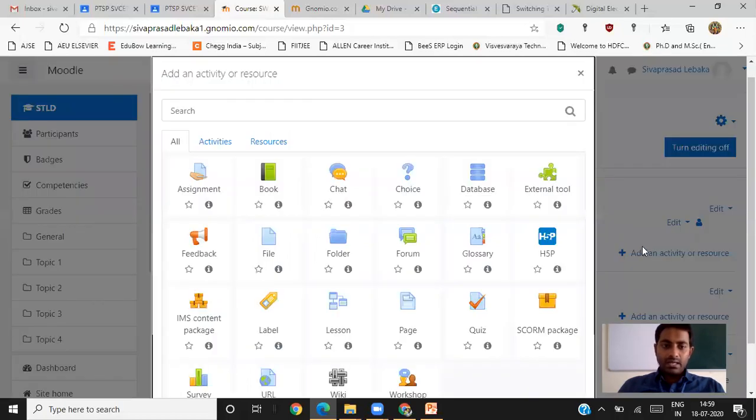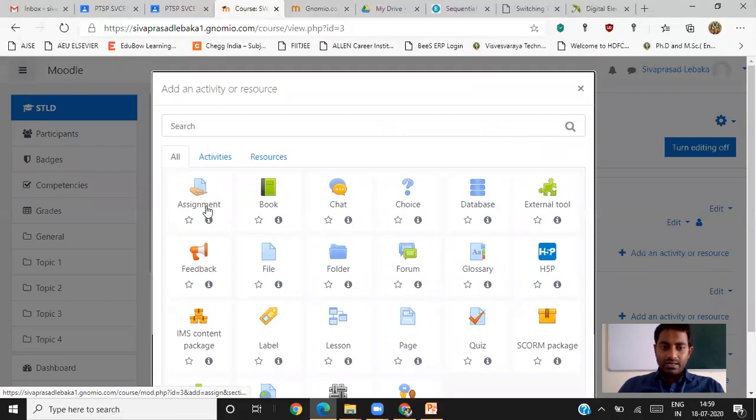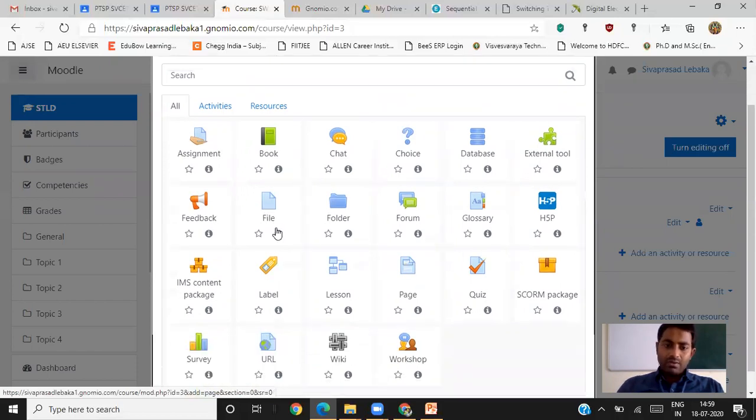If there is a circular, you can click on that, and the file option is there. You can add that file, either PDF or Word file or whatever it may be. It will accept all types of files.